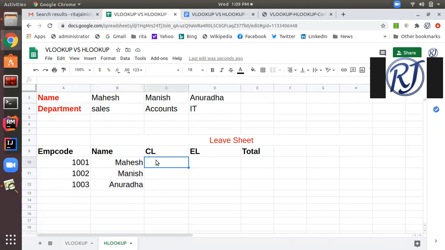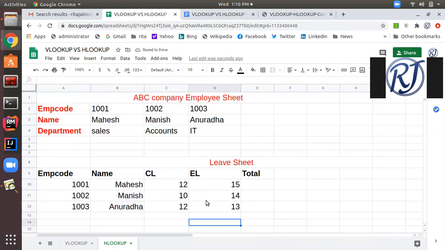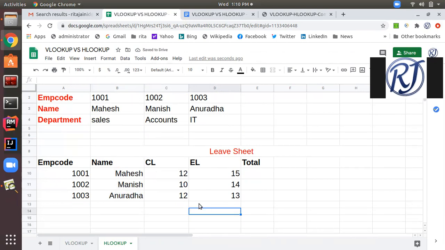Now I can enter the rest of the information like CL15 and this, then 12. So this is dummy data, not actual. So you can enter it as per the requirement. This is just a sample sheet, so don't go for details. So this is all about